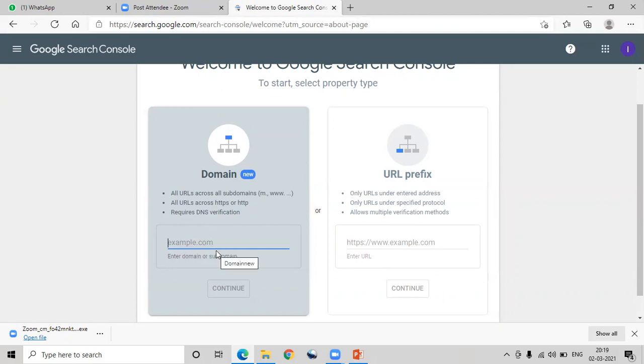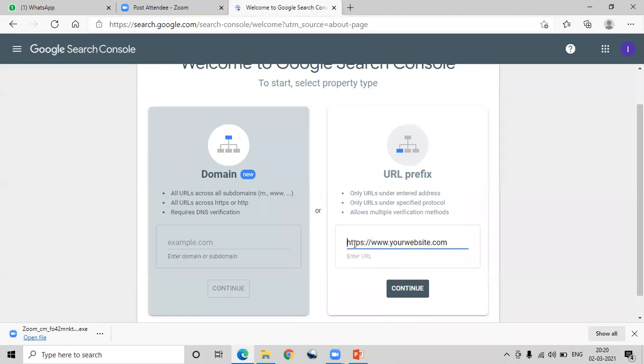Let's see. We don't have any website, but what you have to do is write your website here, like www.xyz, your website.com, and then you have to write HTTPS.